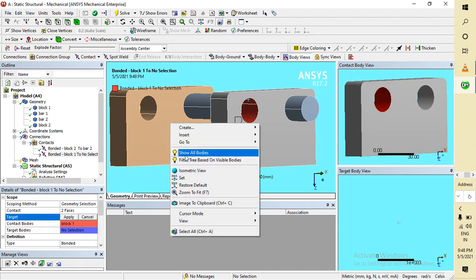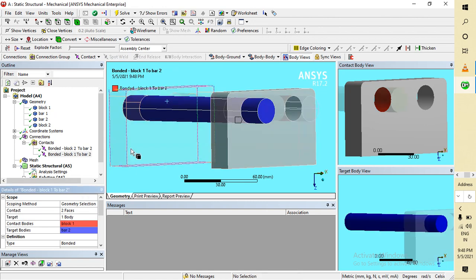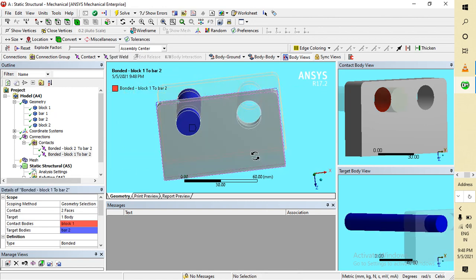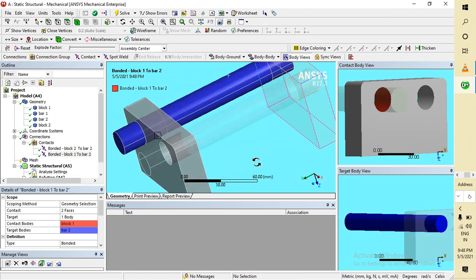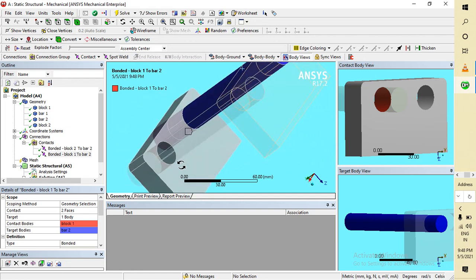Right click on it for the target body, go here. This is for the whole body. Now apply. Similarly, I am rotating it so that it's a bit easier for me to give contact.